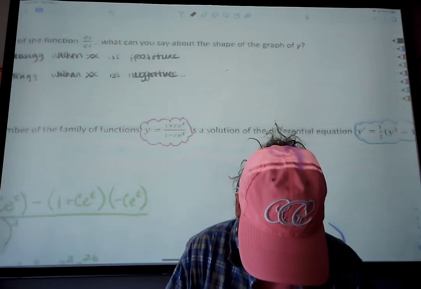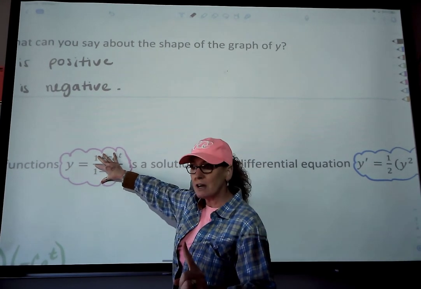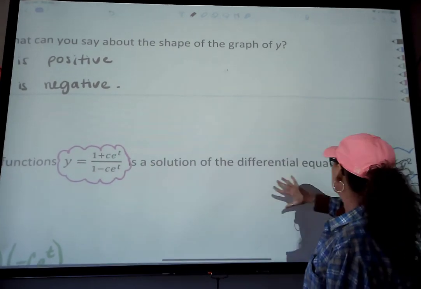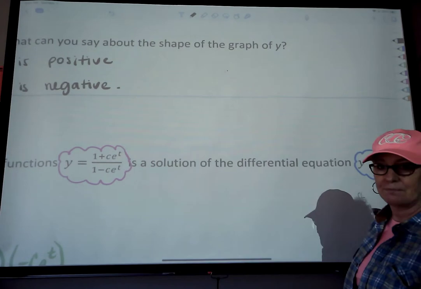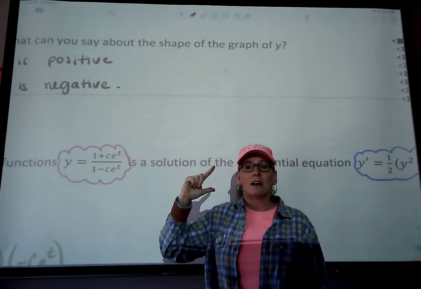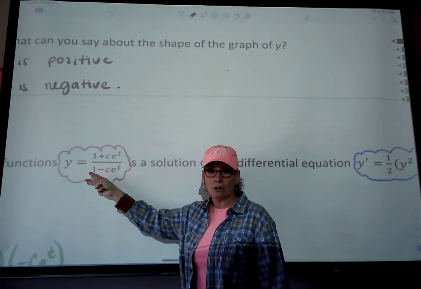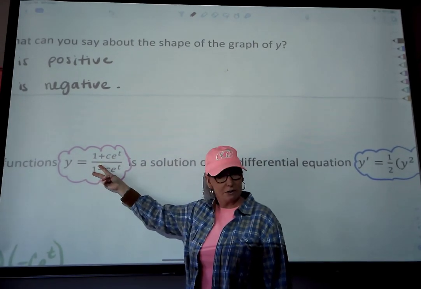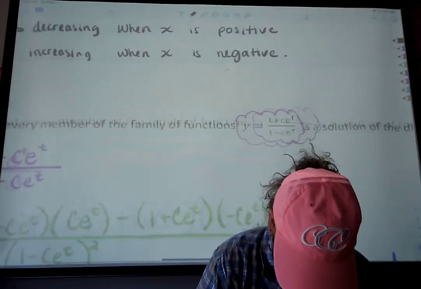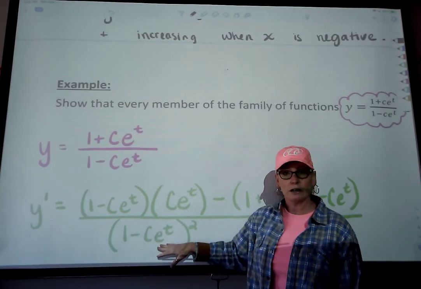So here's what I did. I identified this is a family of functions. We're going to prove that it's a solution to this differential equation. Remember, a differential equation contains an original and its derivative. So I think this is the original. Let's figure out what the derivative of this is. So here I go. I wrote the original and then I did